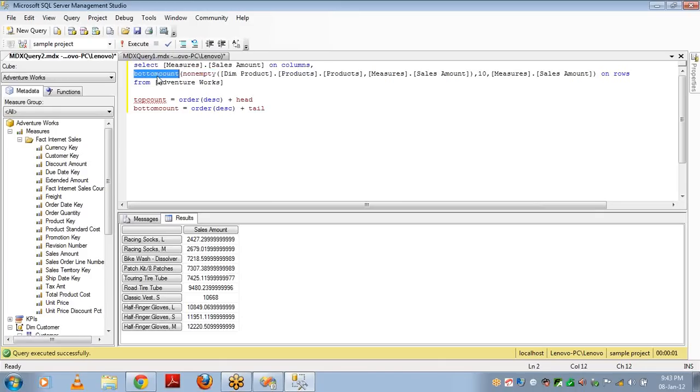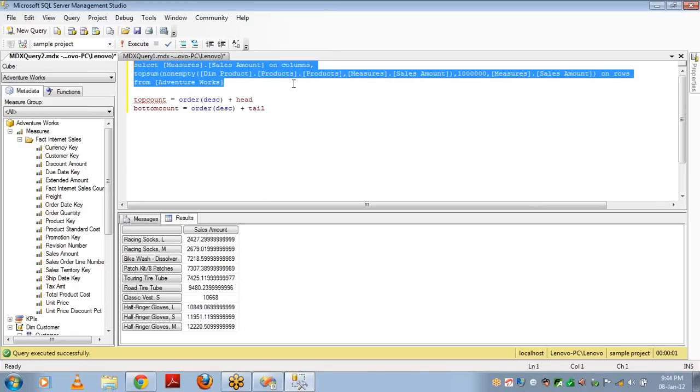In the same way, like top count, you have top sum. What will top sum give? For top sum, what you have to do is give some integer value. Let's say I am giving 10 lakhs, that is 1,000,000. One lakh is 100,000, so 10 lakhs. Now I've given some value. If I run this,